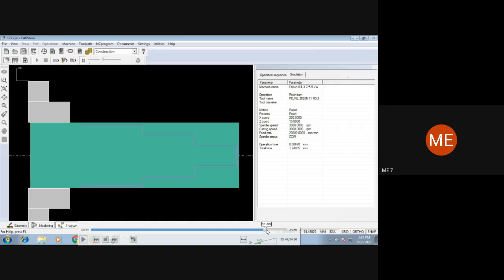Use that, because sometimes they may ask you how to get these details, that is regarding the cycle time.